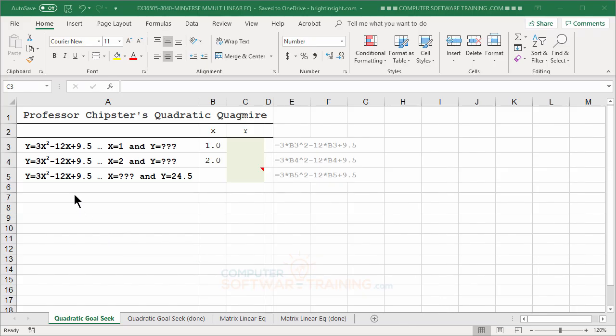What you're looking at here are a series of quadratic equations. They're a pretty simple algebraic calculation, and what they involve is this. For instance, what we need to know is what y is equal to. In other words, if we substitute 1 for x in these two spots right here, in essence 3 times 1 squared, or negative 12 times 1 squared, and then plus 9.5,